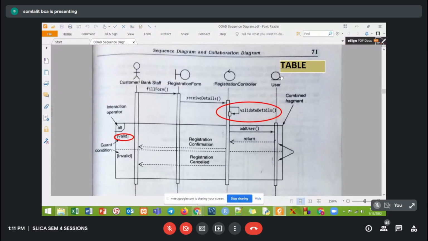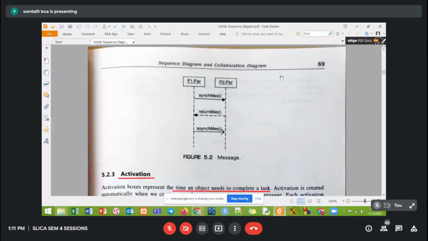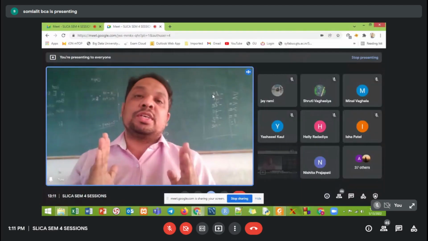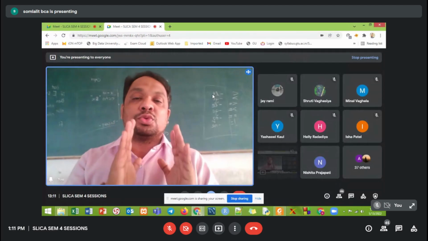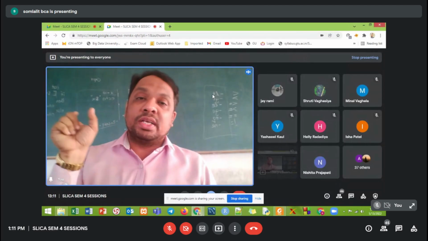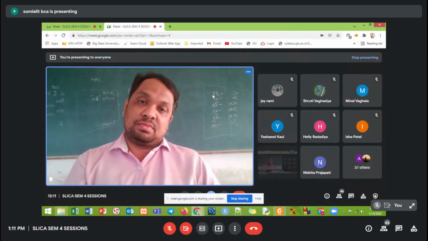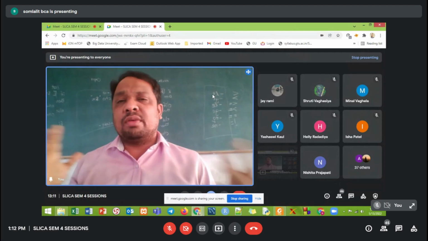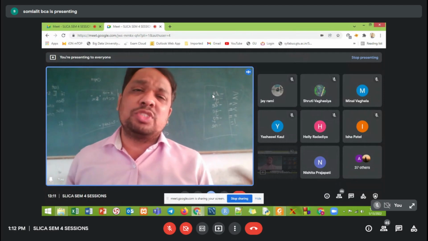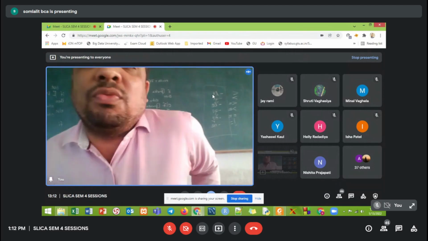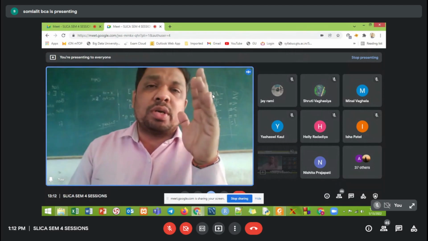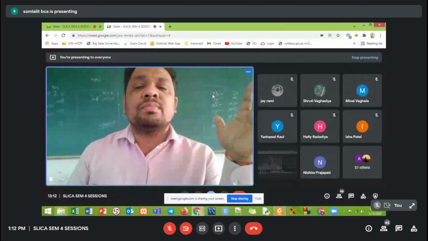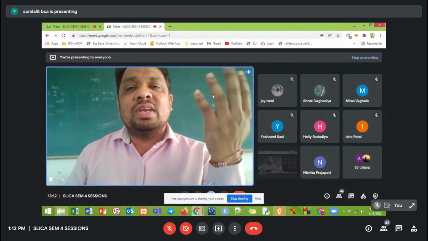But one thing you need to make sure of: whenever we are talking about messages, because we are focusing on object-oriented programming, messages will be passed in terms of methods rather than functions. Because if we are talking about object-oriented programming, we state a class, and that class will have methods.